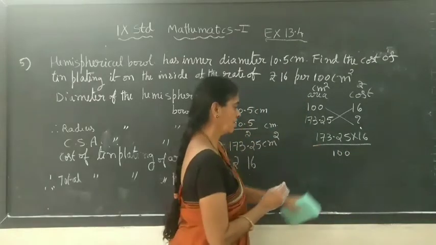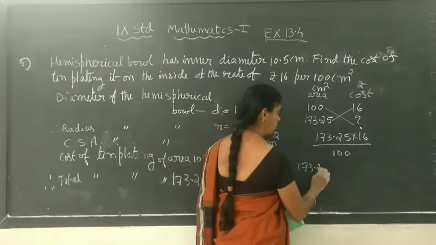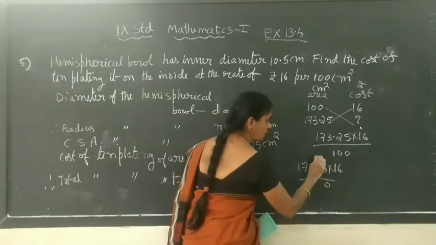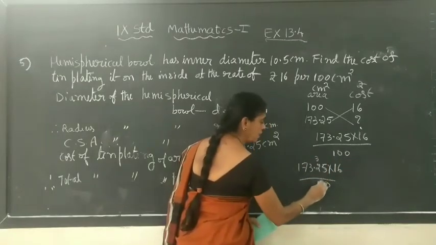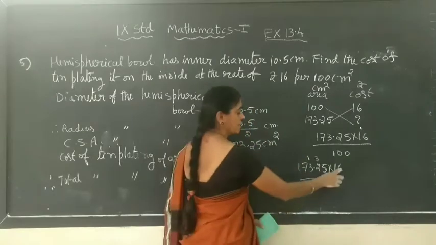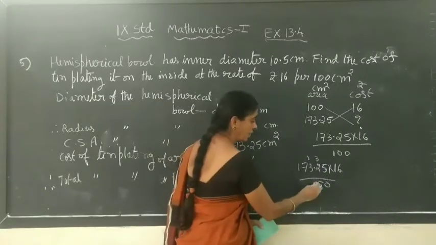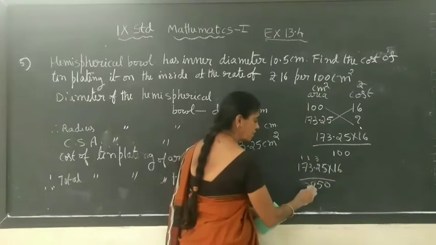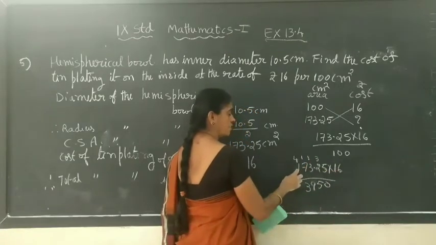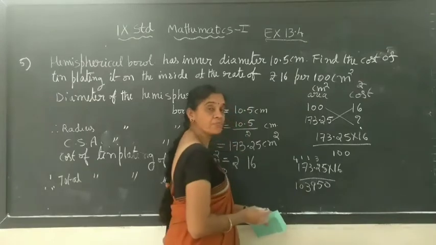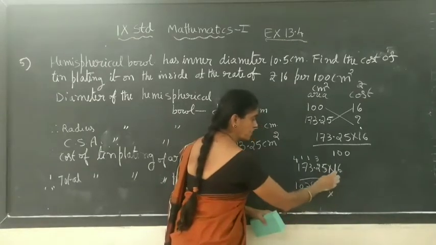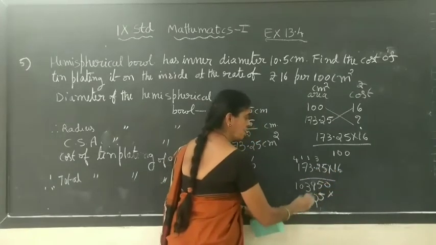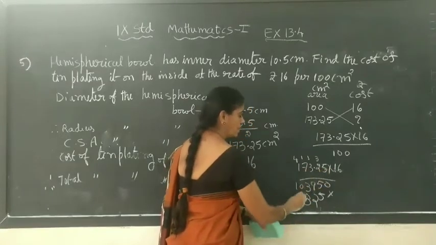So we will multiply 173.25 into 16. 6 5s are 30, 0, 3 in hand. 6 2s are 12 plus 3, 15, 1 in hand. 6 3s are 18 plus 1, 19, 1 in hand again. 6 7s are 42 plus 1, 43, 4 in hand. 6 1s are 6 plus 4, 10. Now, one table, leave the first place. 1 5s are 5, 1 into 2 is 2, 1 into 3 is 3, 1 into 7 is 7, 1 into 1 is 1.